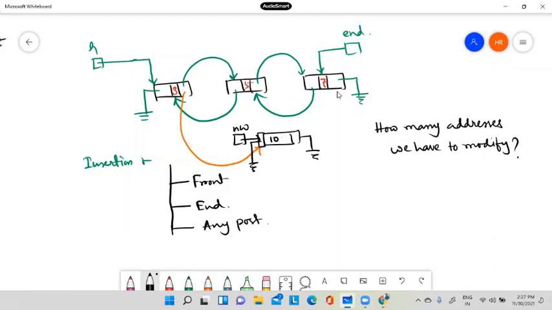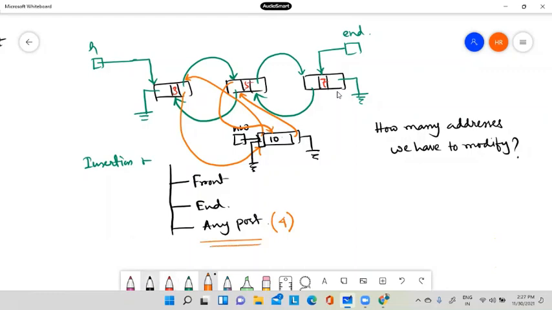Okay, so this will point to this, and this will point to this. Clear? Then this will point to this, and this will point to this. So we have to modify 4 addresses if we insert at any position.